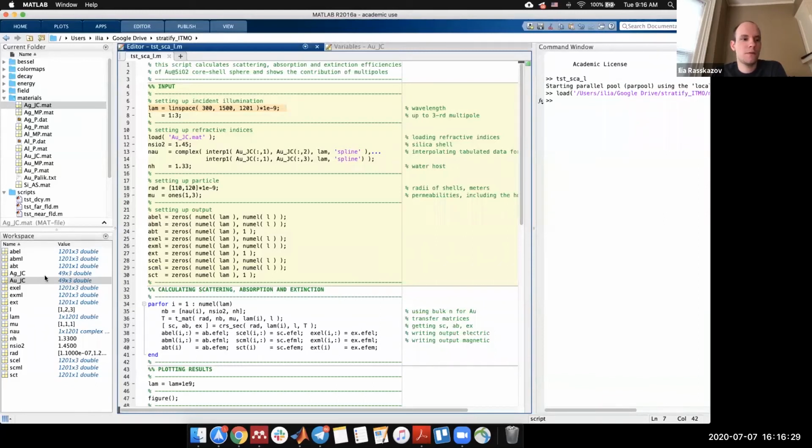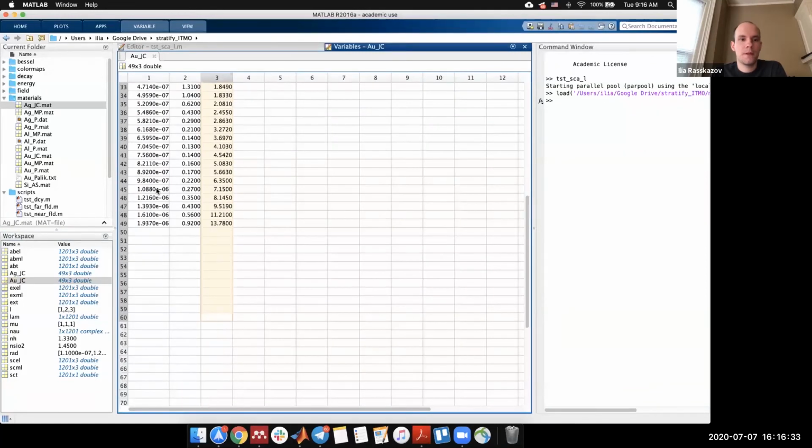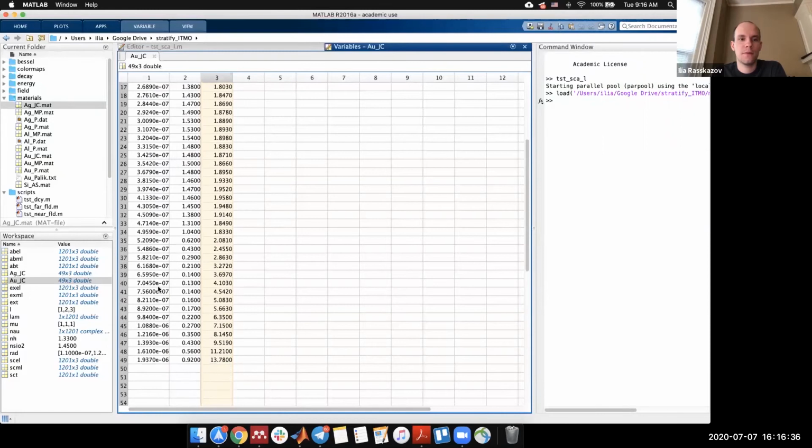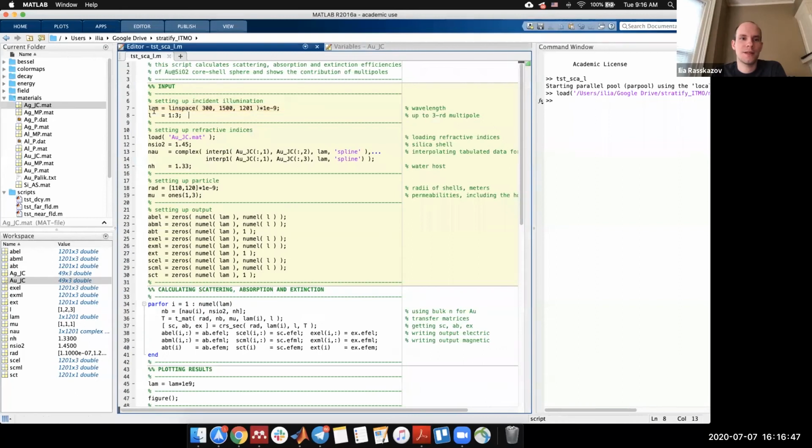Because tabulated values are somehow distributed in terms of wavelength. They're just grabbed from the book, from the paper, a very old paper. And it's not necessarily true that in your calculations, you will set up exactly the same lambdas. So I'm using different lambdas, and I'm just interpolating this uploaded data to the lambdas which I have set. Also, I need to know the refractive index of the host medium. So in this case, I'm considering water, and the refractive index of the water is 1.33. That's